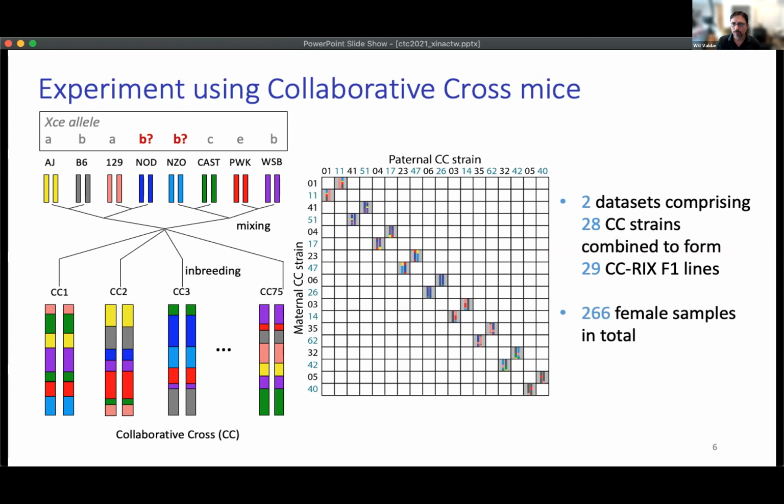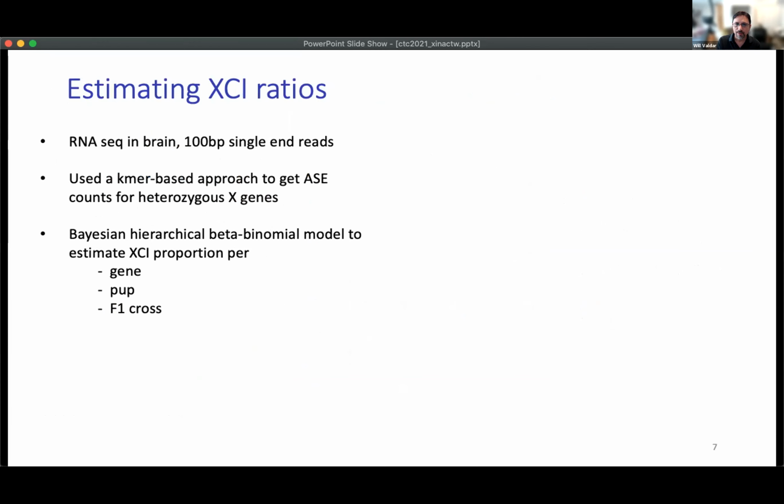What we actually ended up using was 2 data sets comprising 28 CC strains combined to form 29 CCF1 lines, and a total of 266 female samples. So the way we estimated X-inactivation ratios was we did RNA-seq in brain, because that was the tissue we were interested in, 100 base pair single-end reads. We used a Kallisto-based approach to get ASE, and we used a sort of fancy Bayesian hierarchical beta binomial model to estimate